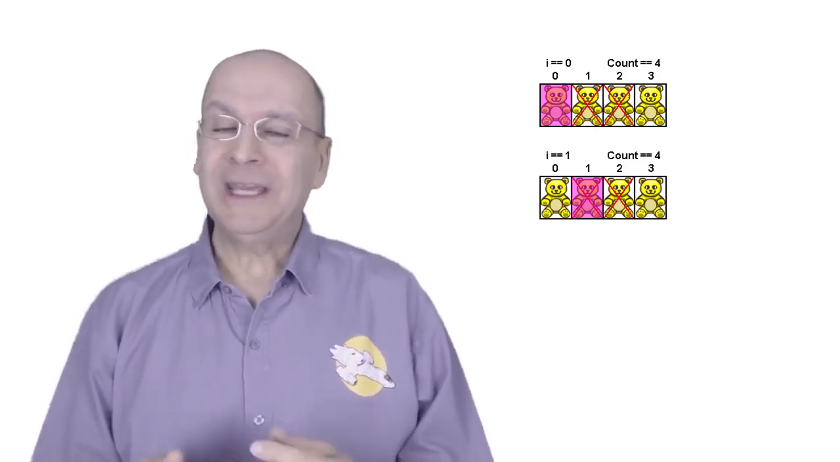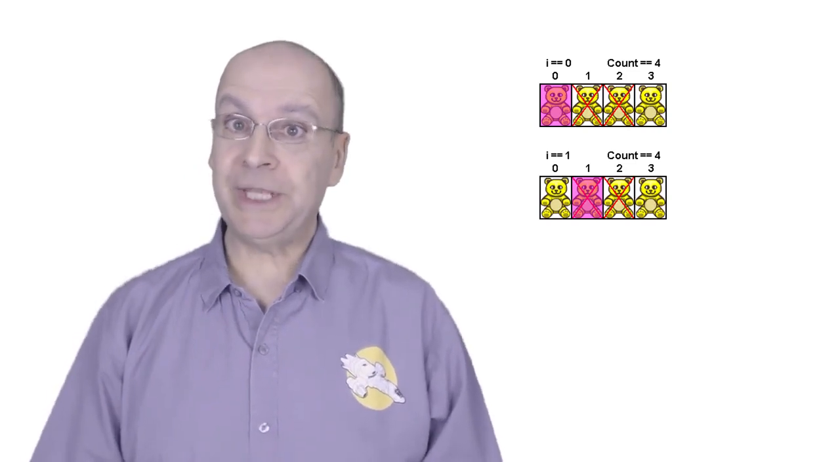We're going to start our loop control variable I at 0, and our condition will be I less than the count of the elements in the list, which starts as 4 because we have 4 teddy bears in our list. Our first iteration through the loop, we look at element 0, and that's a live teddy bear, so we're going to leave it alone. And we loop back to the top of the loop, and we increment I to 1, and we look at the teddy bear at element 1, and we see that that teddy bear is dead,